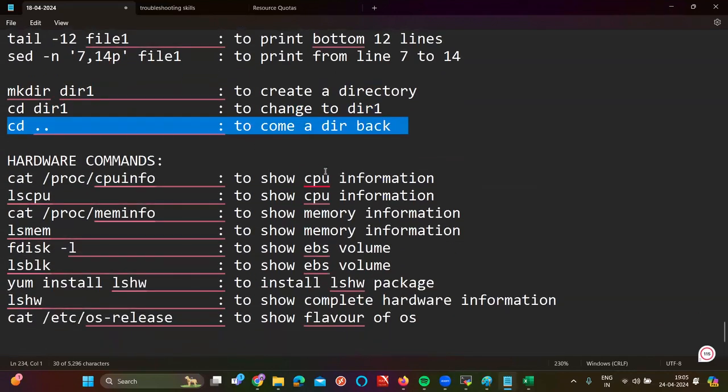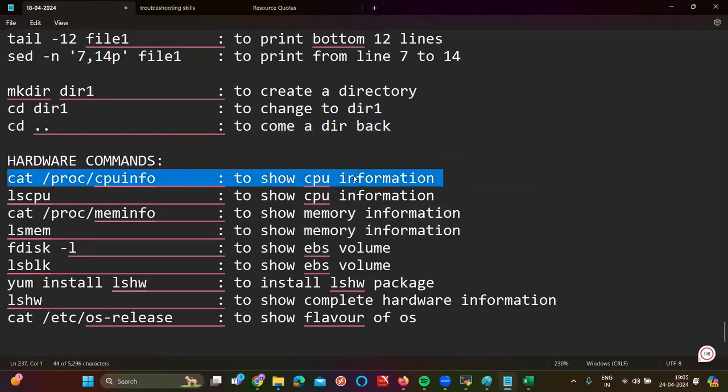Coming to the hardware commands, what is the command to show the CPU information? cat slash proc slash cpuinfo. What is the alternate command? lscpu. What is the command to show the memory information? cat proc meminfo. What is the alternative command? lsmem. What is the command to show the EBS volume information? fdisk hyphen l. Alternative,